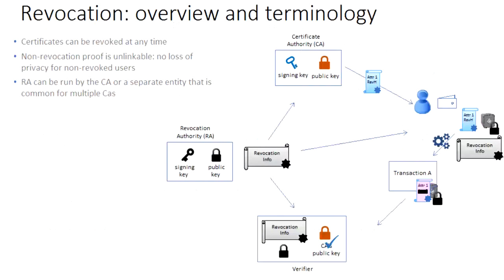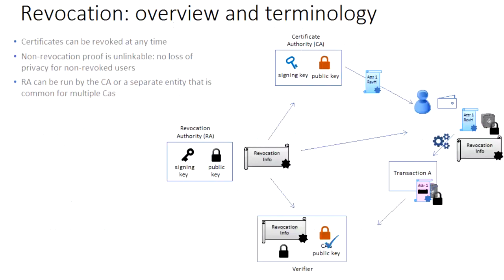So it cannot just be checked against a blacklist, because then the transaction would be linkable, since it's a unique number. Instead, the high-level idea for all privacy-preserving revocation methods is that the user creates a zero-knowledge proof that the revocation handle signed inside the certificate was not revoked with respect to the revocation information that